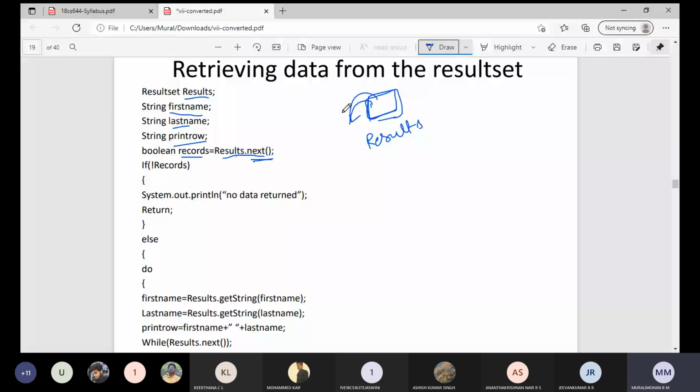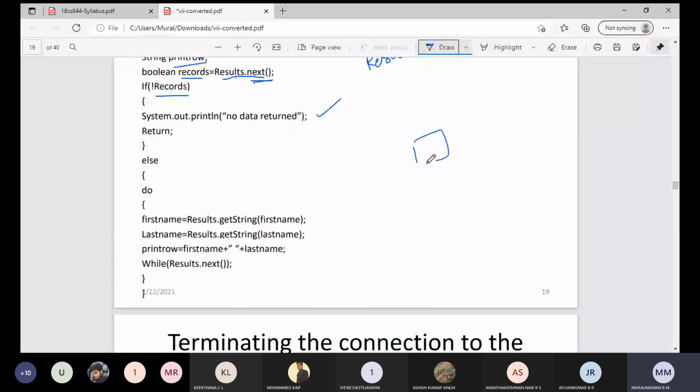Now, when we execute this next, we check if not records, meaning the result set is empty, then we return no data inside the result set. Else we should continuously read the data inside the results.